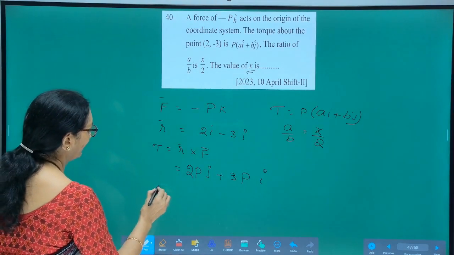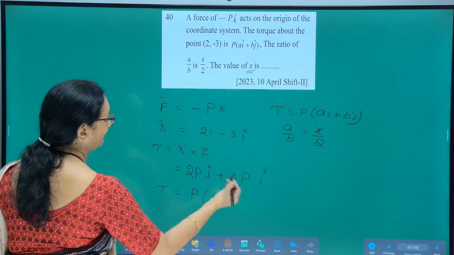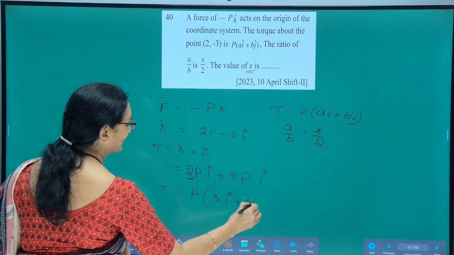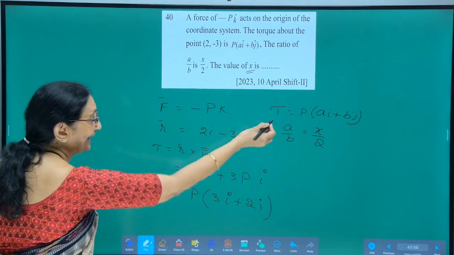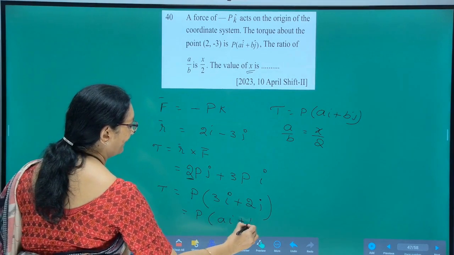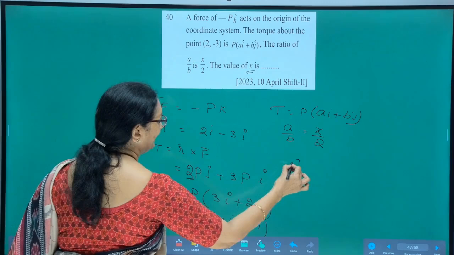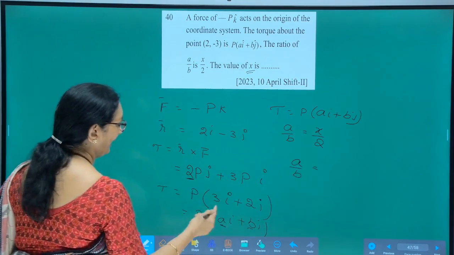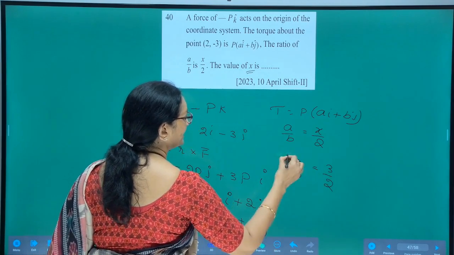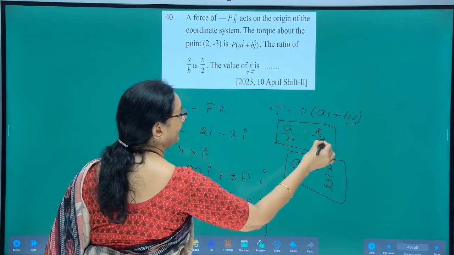So here we got the torque expression as P, if you take that P as a common factor, (3 i plus 2 j). But they gave the torque as P into (A i plus B j). If you compare these two, A is 3 here, B is 2 here, A by B is 3 by 2. So we got A by B as 3 by 2, but they gave A by B as x by 2,